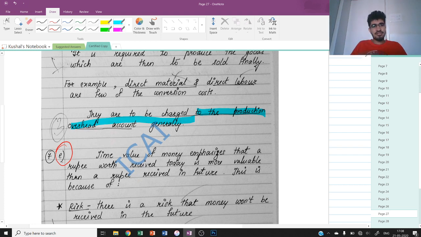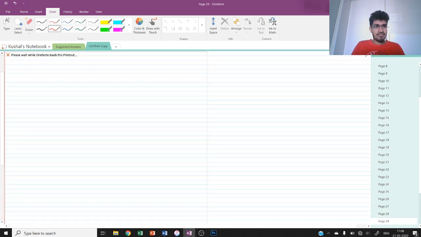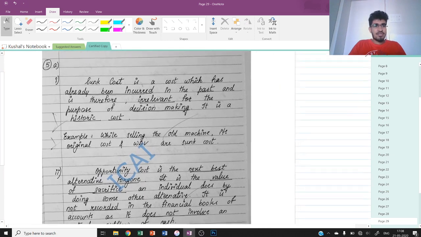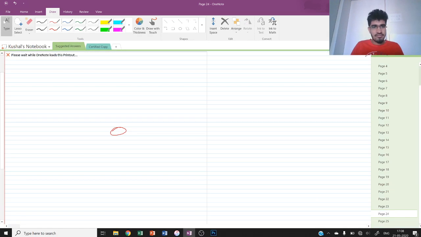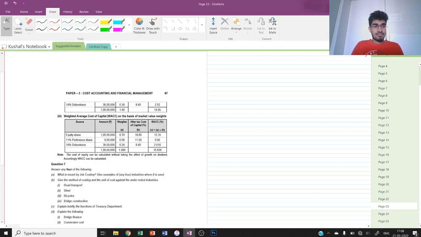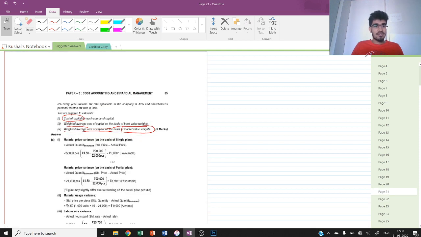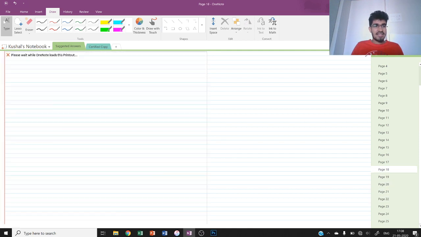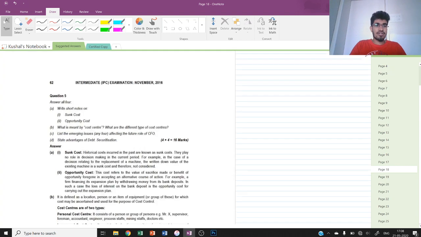Many of the students start this on the next page, but this just wastes their time, and you would need a supplement if you're starting every sub question on a new page. Therefore, I didn't start this question on a new page, and I was able to complete the paper in 28-29 pages only. I didn't use a supplement for any paper. Let's see question number 5 now. Question number 5 is also a theory question. If you carefully look at the strategy, I solved all the practical questions first and then I switched over to the theoretical questions.